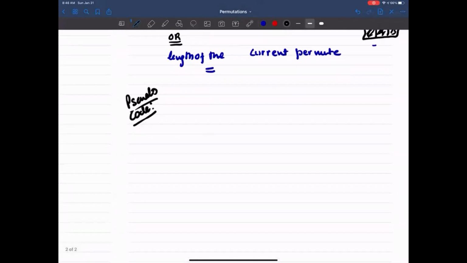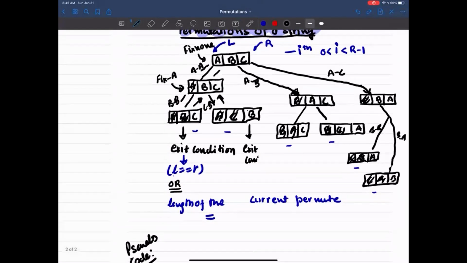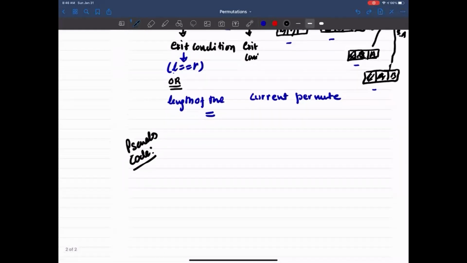What it says is basically we are going to swap, which I am counting as include. I'm going to swap A with A. At another level, I will swap B with B. And as soon as I meet the exit condition, I will push that element in there. So basically the approach